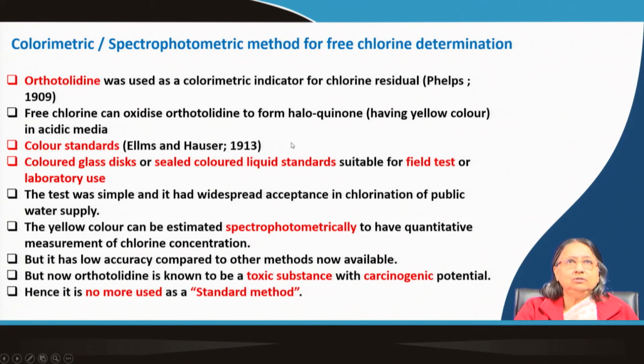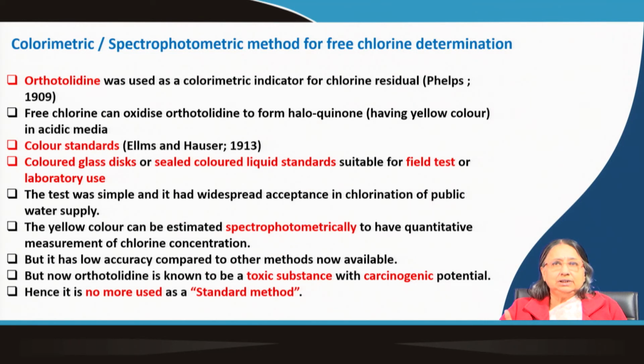Why are these important? You know, at that time spectrophotometers, all those things were not there. So, simple methods are used, because chlorination had started already. So, how to determine how much chlorine you will use, how much residual chlorine is there. So, this is color standards. Some standards you can prepare. For example, with a known concentration of chlorine you add the reagents and some color is developed, then you seal it, then this is the standard. Your sample you do the same thing and compare the color. So, comparison with standard color.